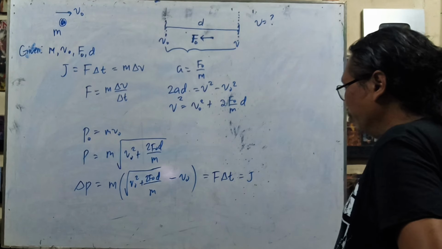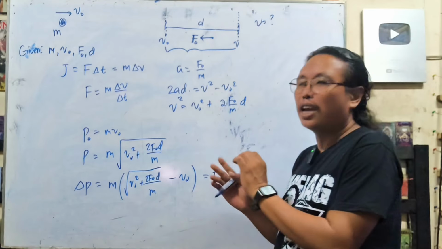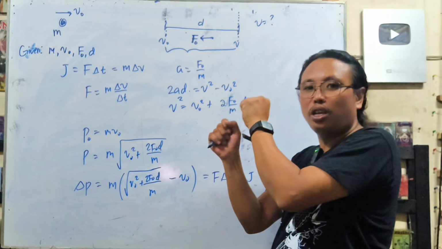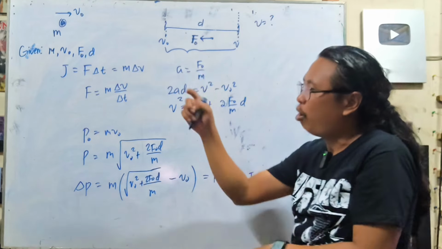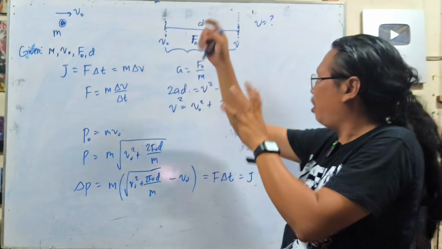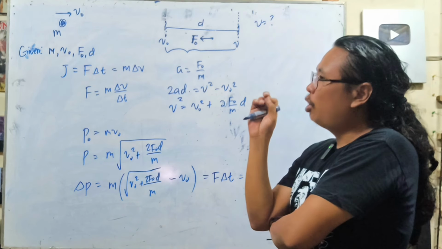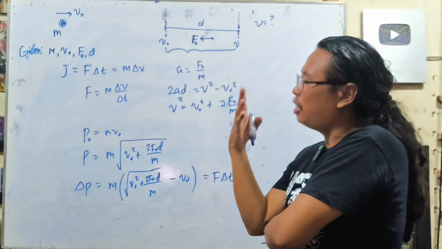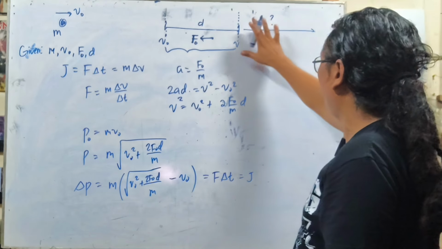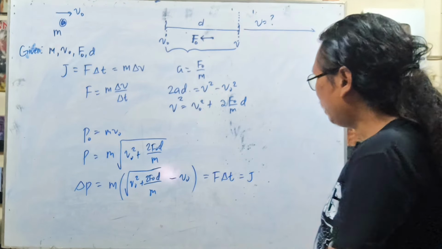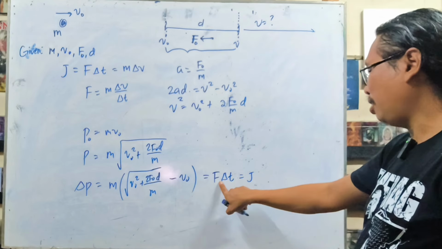Now, what is the time? We want to know now what is the time in which the force is active on the object. If you are traveling with the object, how long will you wait until the applied force stops? From there, you go back to the uniform velocity. So that is the time. And delta t is just, well, this is F naught, right?